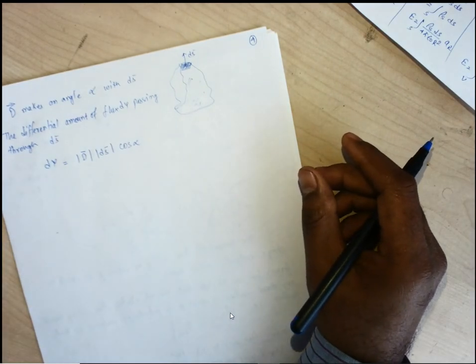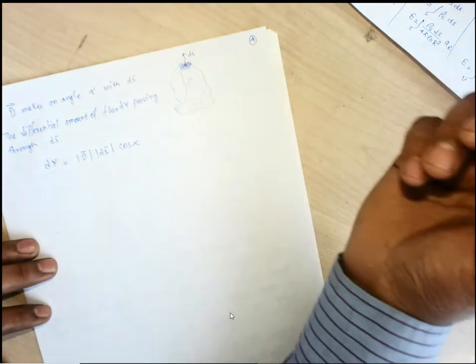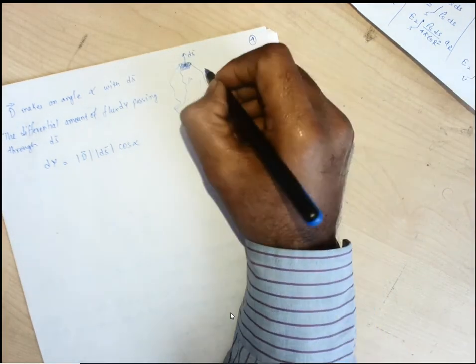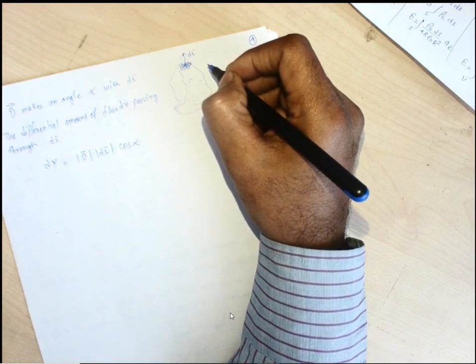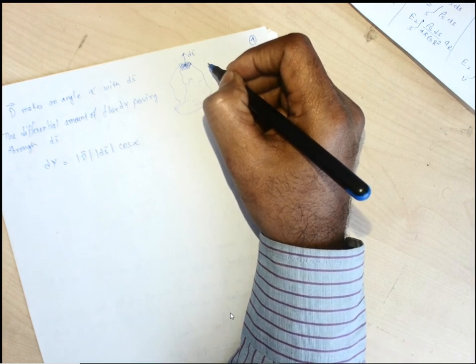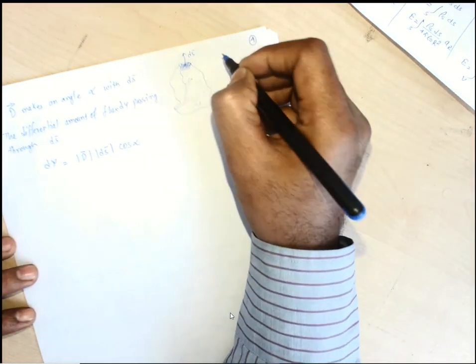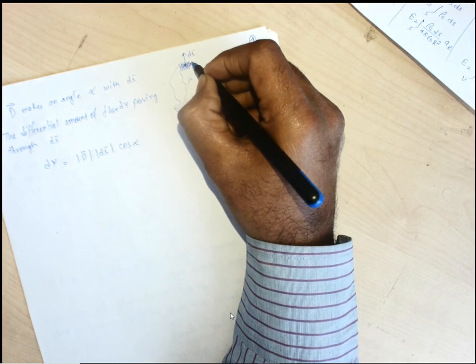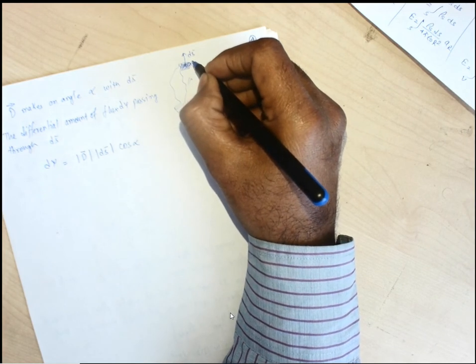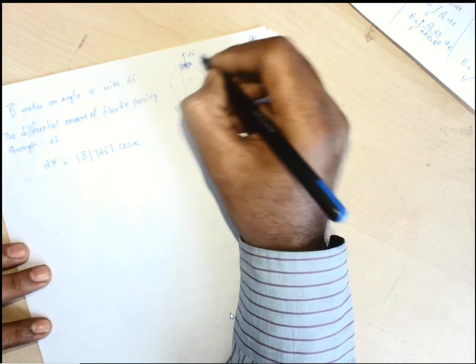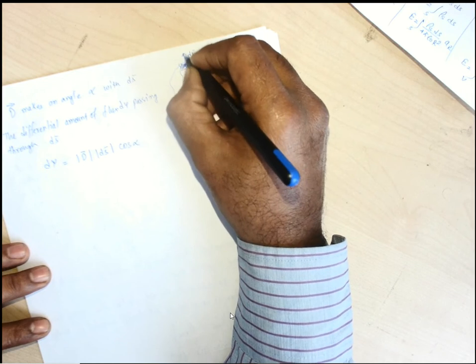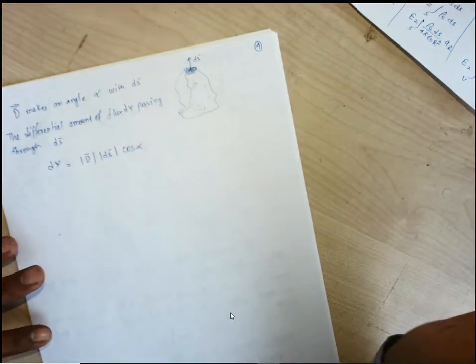So what does it mean? In a direction normal to this surface, at that point is the projection of D. Just try to think. ds is the differential surface element through which a differential amount of flux is passing. So in the direction normal to this surface, at that point the projection of D on the ds, what is the amount of flux? Obviously, if it is in the same direction, then we can say the maximum amount of flux is going out. Let us consider it has a positive charge inside it.